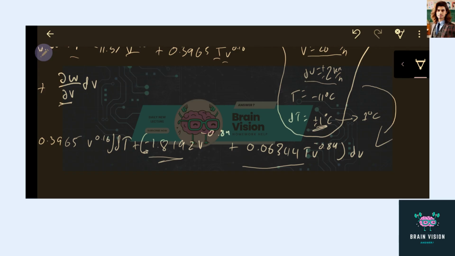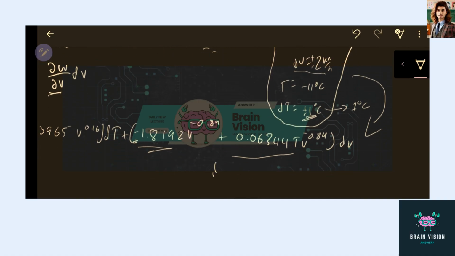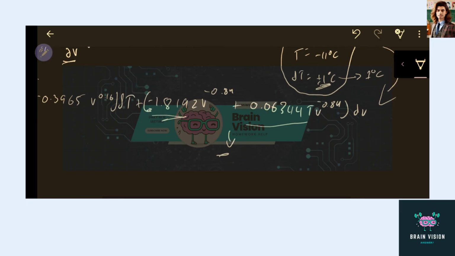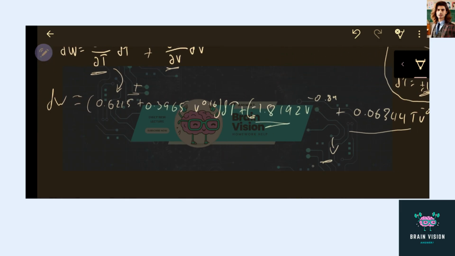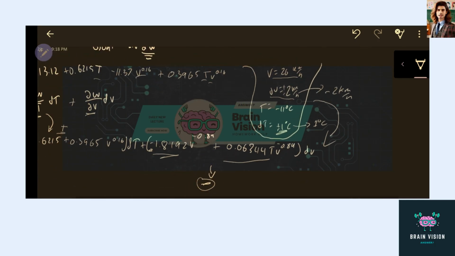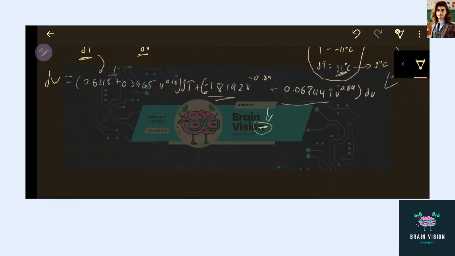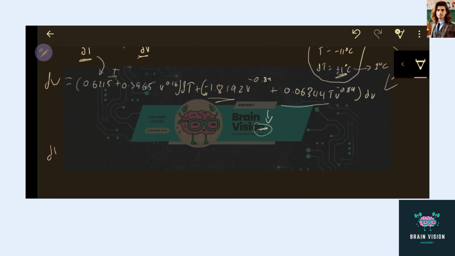And at 1 degree Celsius, this t is basically just, at negative 11 degrees, that'll make this part also negative. So that means dv is actually going to be negative as opposed to positive here. So since it's negative, you're actually going to use negative 2 kilometers per hour for dv. So now that we got all that cleared up, let's go ahead and plug everything in, and then you'll get